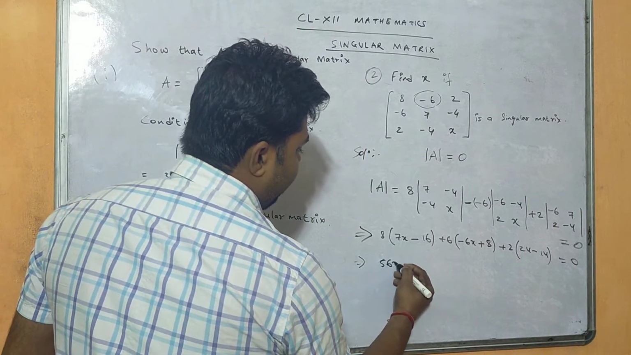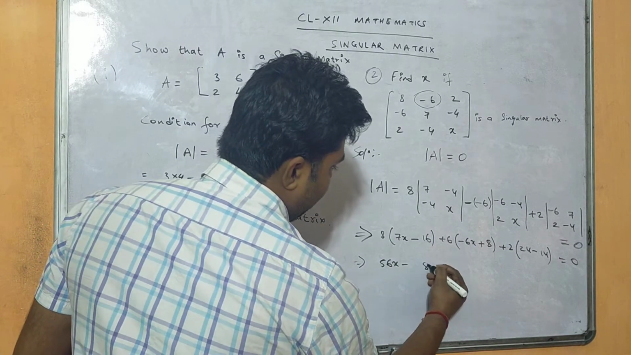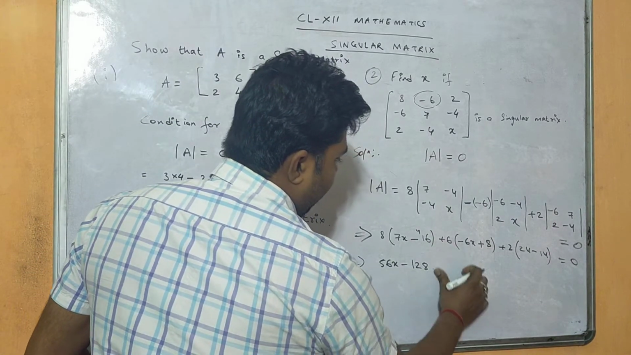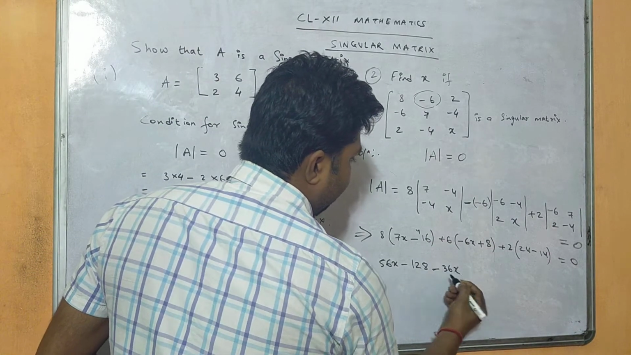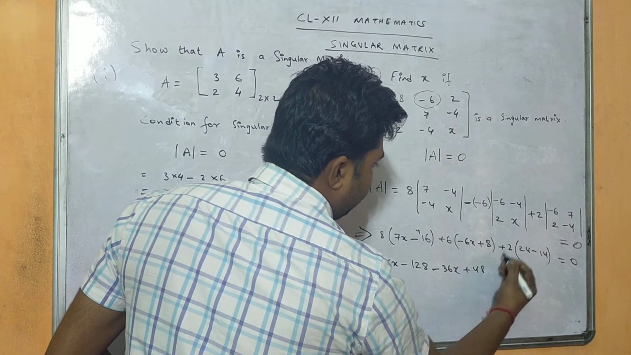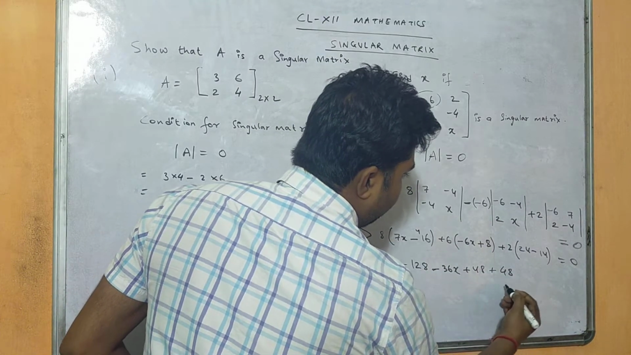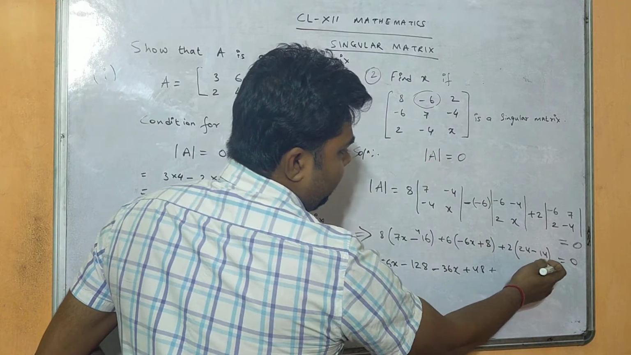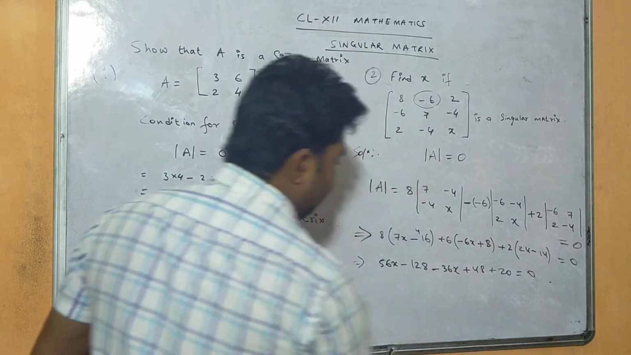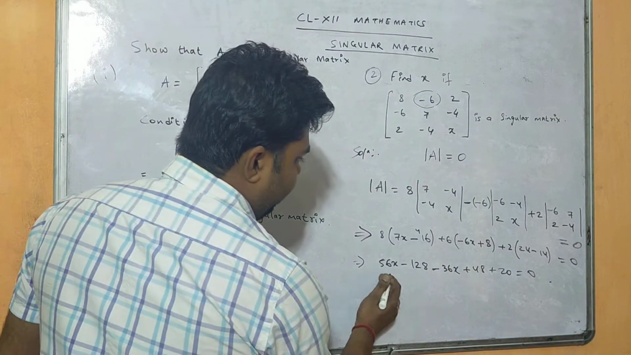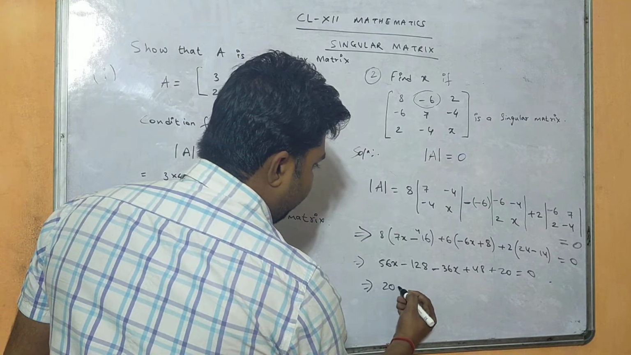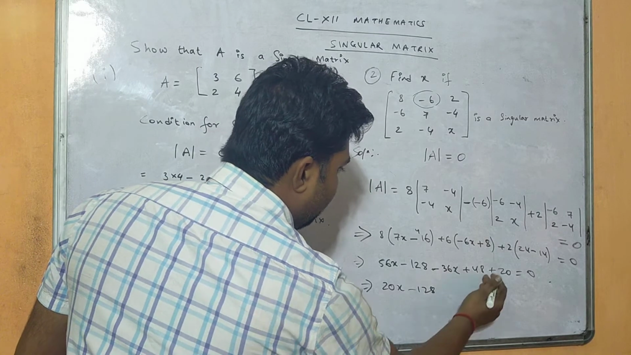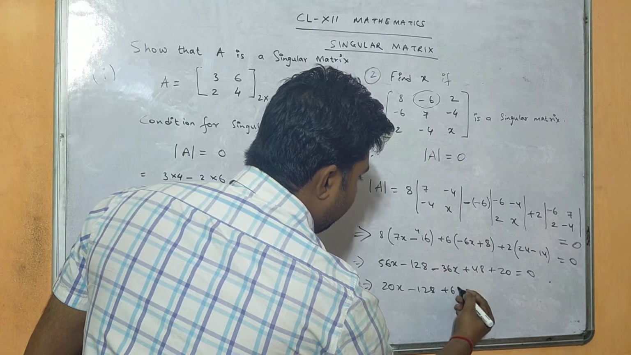Now we will solve this within the bracket. 8 into 7, 56x minus 8 6 is 48 and here 128 plus, and plus minus 36x plus 48 plus 48, or we can solve here 24 minus 14, that is 10. 10 into 2, 20. Okay, so 56x minus 36x we will be getting 20x and minus 28, as it is 48 plus 20, that is 68 equals to 0,